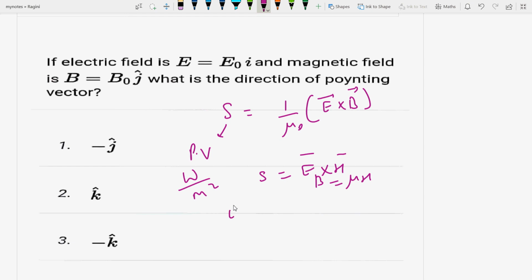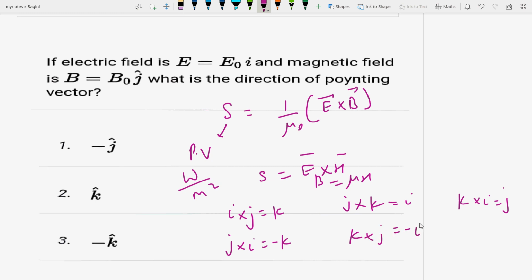तो cross product rules क्या है? I cross J is equal to K, J cross K is equal to I, K cross I is equal to J. Now इसका रिवर्स करो. J cross I is minus K, K cross J is equal to minus I and I cross K is equal to minus J. तो यहाँ पे गिवन इलेक्ट्रिक फील्ड आपको जो दिया है E naught I and B naught J,